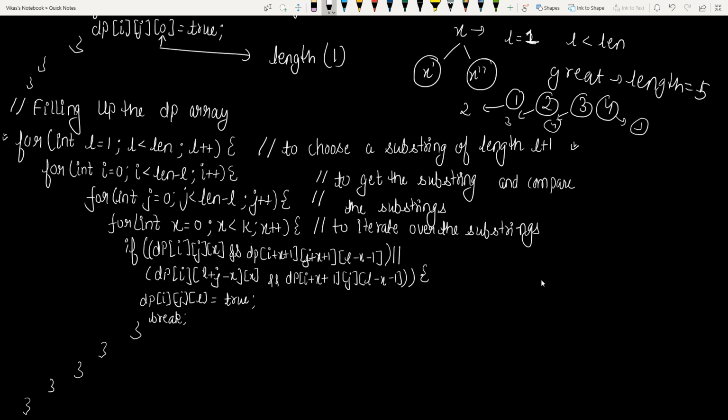Now after this, we are going to take two for loops to get the substrings and compare them. These two for loops are generating the substrings, and another loop is used to iterate over the substring that we have generated. Now there is an if condition. This if condition is similar to what we have done in our recursive program.